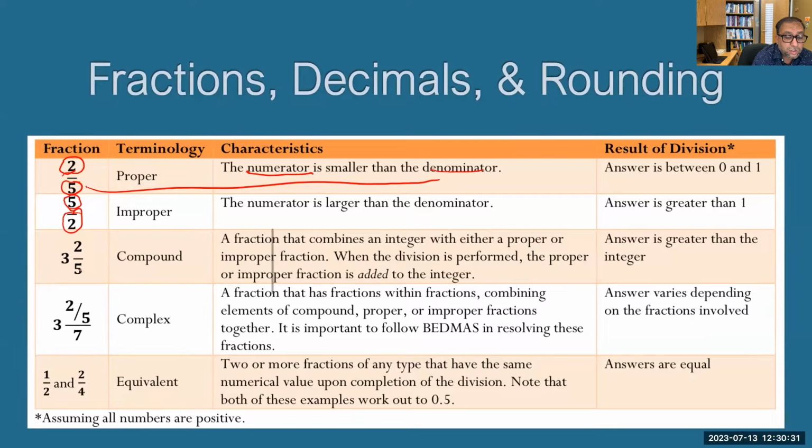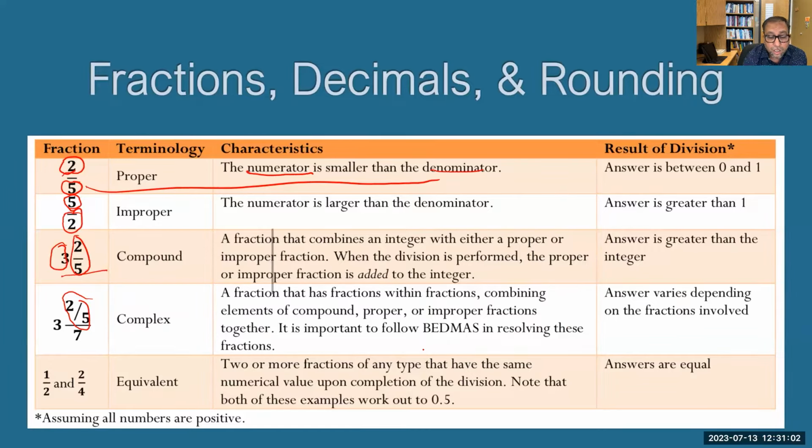So this is a mixed number in which we have a whole number plus a fraction. And if this fraction is further into a fraction, then it becomes more complex, and we can make it more and more complex. So it is important to follow BEDMAS in solving these fractions as well. There is also a possibility that the fractions are equal. And if that is the case, it means that two or more fractions have the